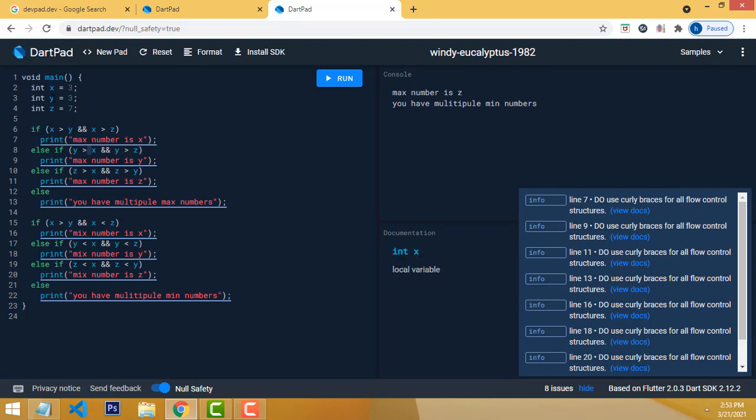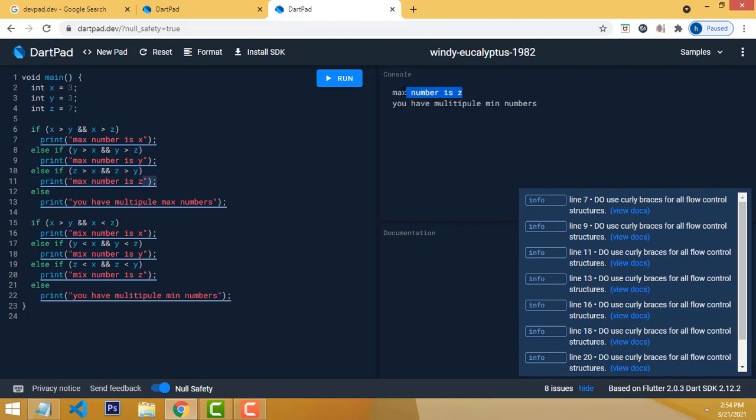Sorry, y is not greater than x, because these two are equal, so this condition also fails. After that it goes and checks another else if: z greater than x, this condition is true, and z greater than y. These both conditions are true, so it prints out the value maximum number is z.